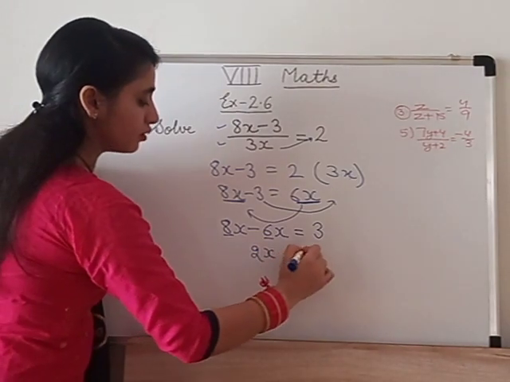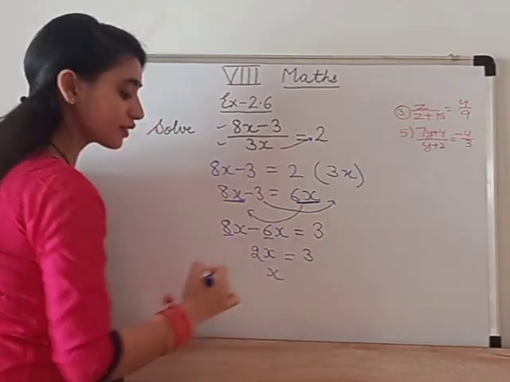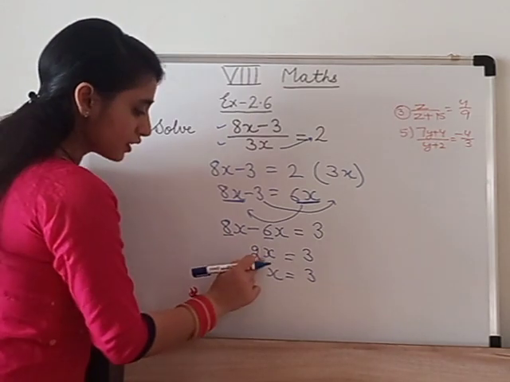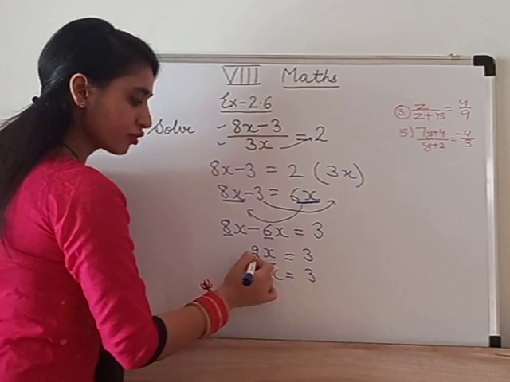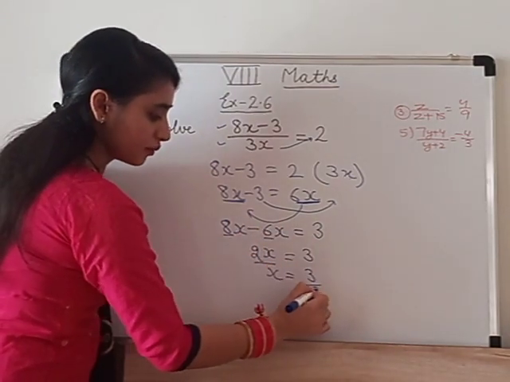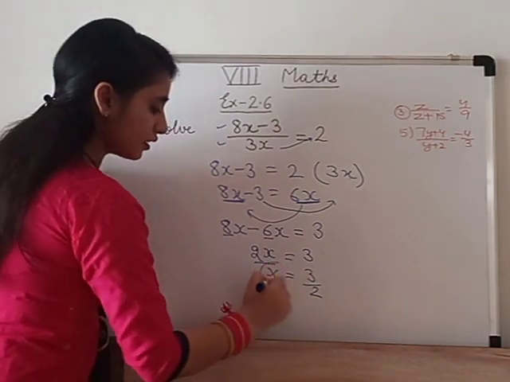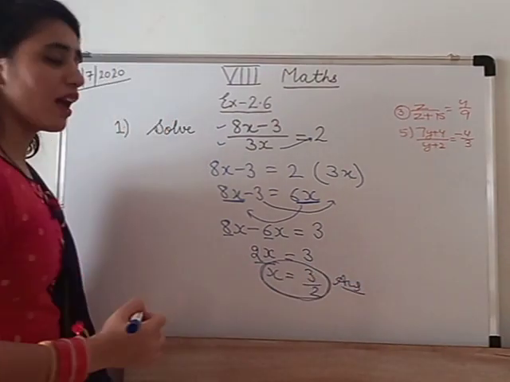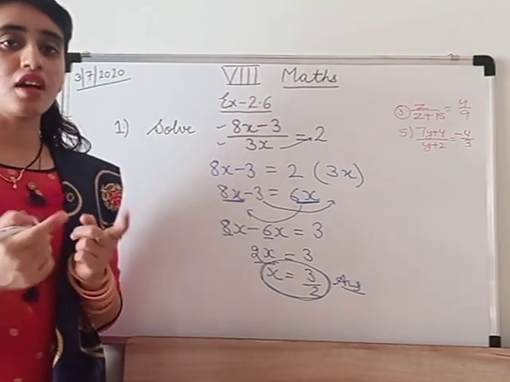Okay. And now 3. Now how can we find the value of x? 2x is equal to 3. 2 is in multiplication with the variable x. Now when you move it to the right side, it is in division, which means 3 is divided by 2. Like this, we get the value of our variable. x is equal to 3 by 2. This is our answer.